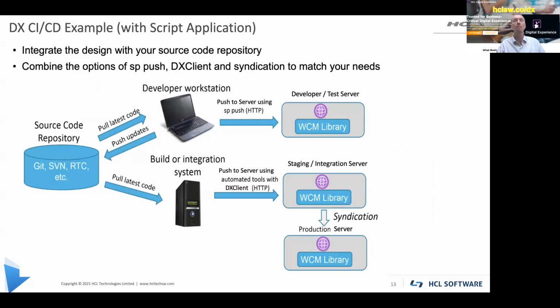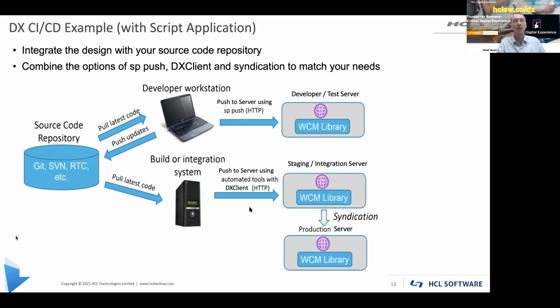And just a simple example where you can combine, again, syndication and all the ways of managing the information. For example, if you develop a script application, a JavaScript application, which is stored in a WCM library, you can develop it locally and then push it to a developer or a test server. And then, once you're happy with that version, you can commit it to a Git or source code